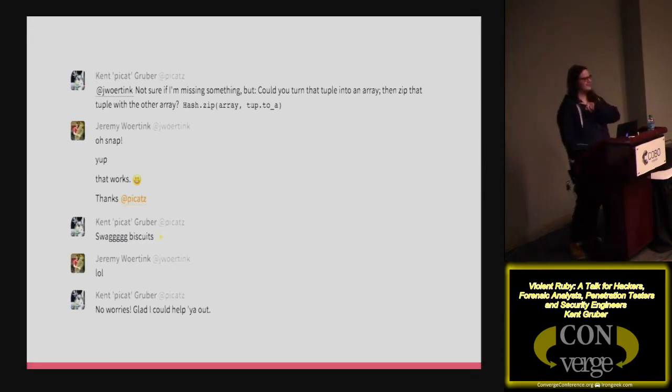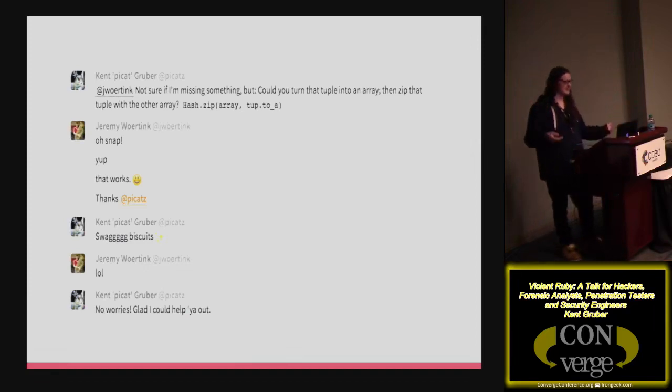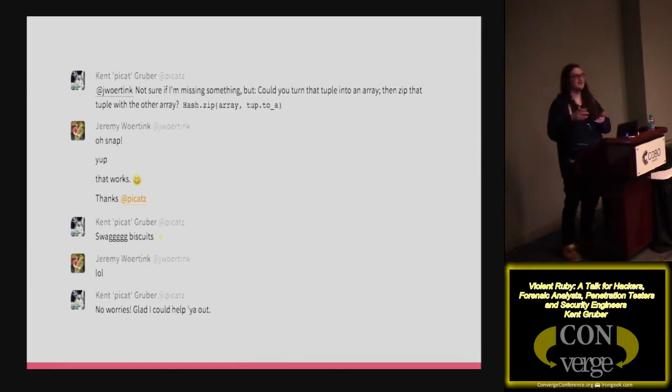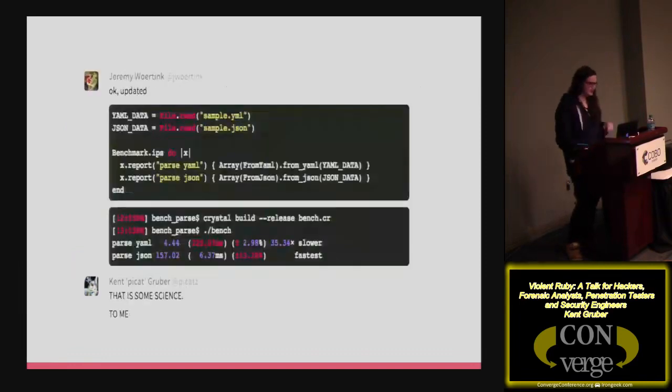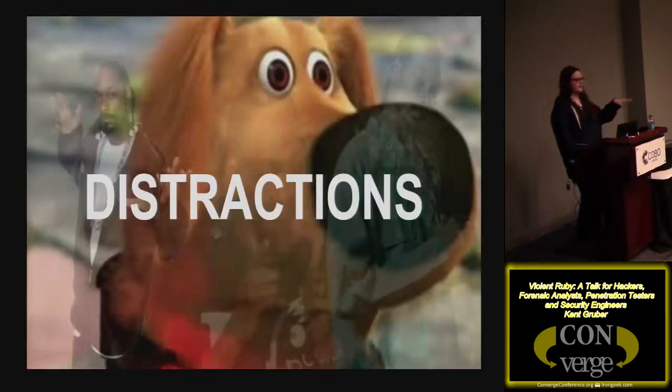I didn't even know a whole bunch of Crystal. I was just running it, and I knew a little bit of Ruby. A tuple sort of treats like an array, and there's a method called toArray. I can hash, and I can basically take two arrays, one that used to be a tuple, and zip them together. So, really fun. It also parses JSON really fast, much faster than YAML, but that's just because it uses a C YAML library.